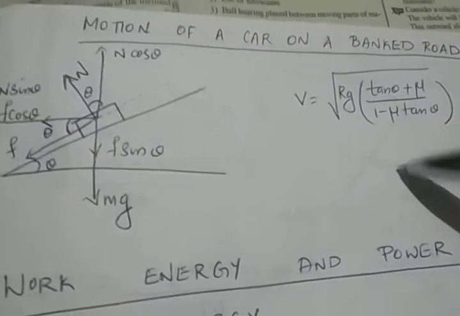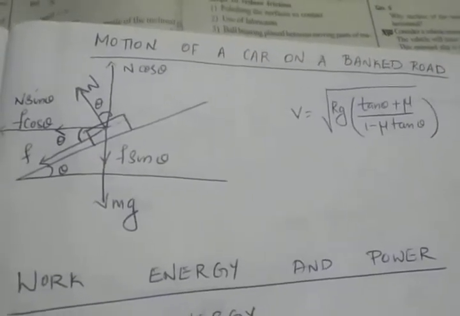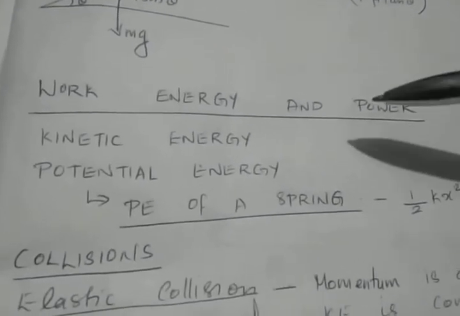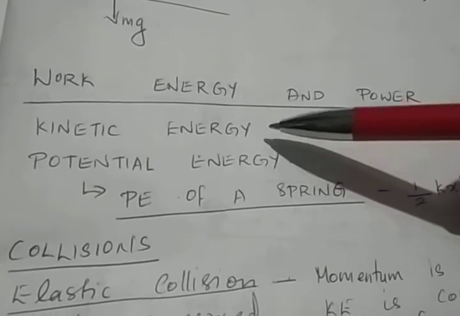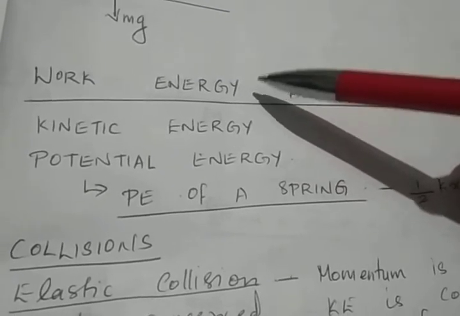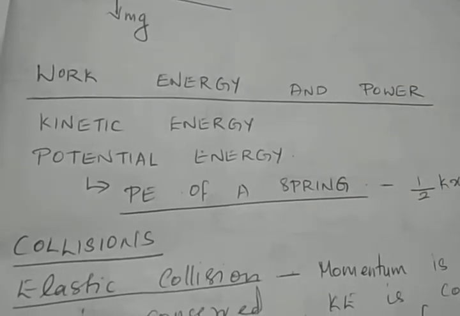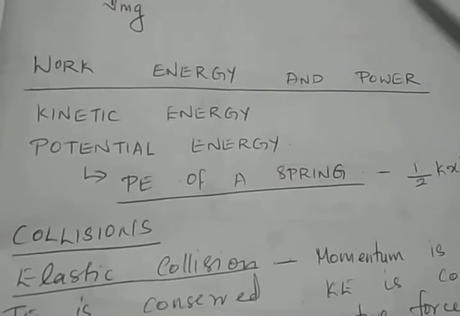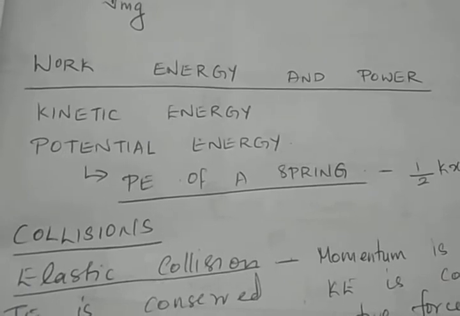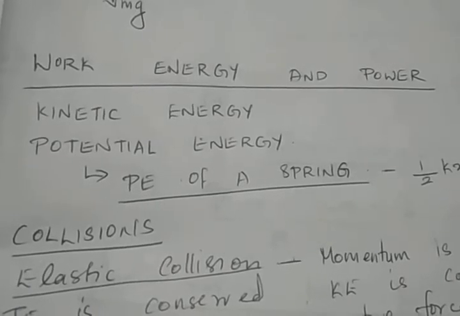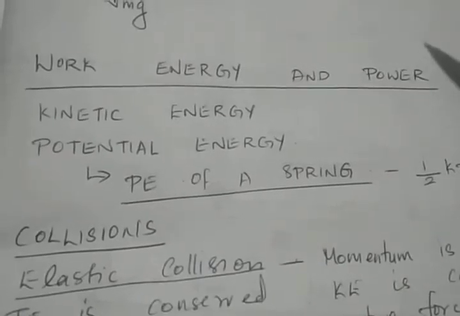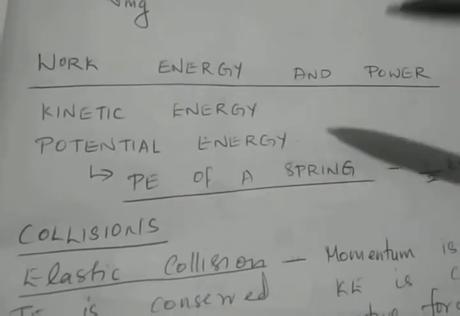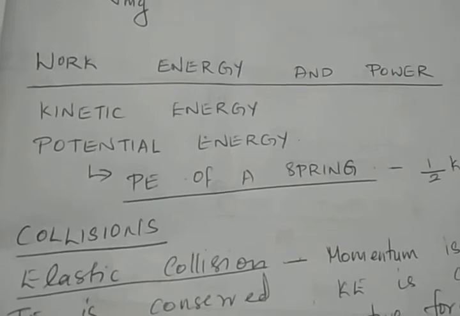Practice this derivation thoroughly. Next chapter is work, energy and power. In work, energy and power we discussed different types of energies, and you already know the concept of work. Work is said to be done in physics when there is a displacement, and also when a force is acting on the object. As a result of that force, displacement is there. Again, the object should be displaced along the direction of force. And there is positive, negative and zero work accordingly.